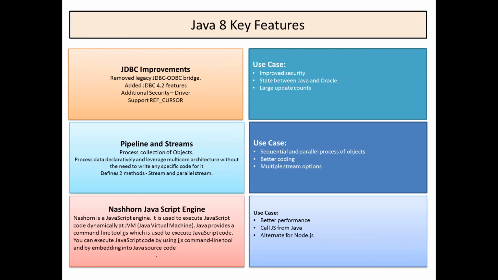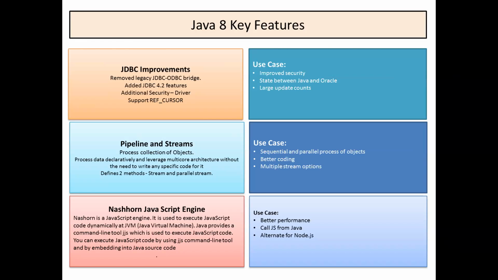Here we have two types. Whenever we want to process the objects in collections, before Java 8 we used to process them sequentially, which means one by one. Java 8 provides a facility to process the objects in parallel. Parallel means I can run two streams, where one stream works on one set of objects and in parallel another works on another set of objects. This will definitely improve my performance, right?